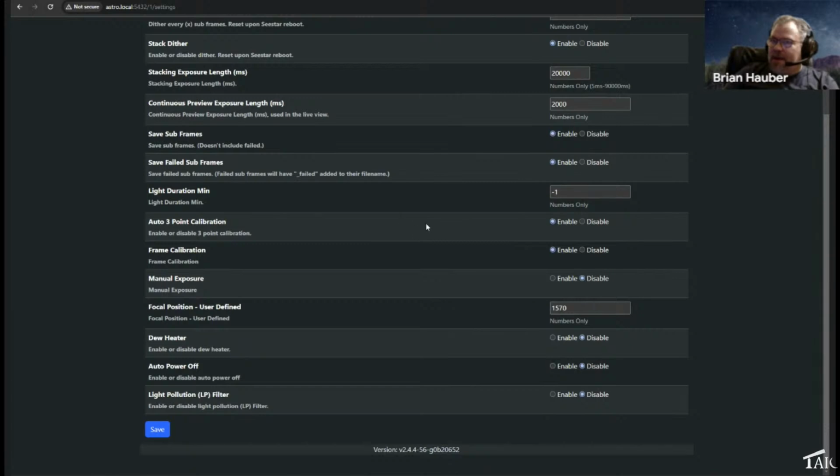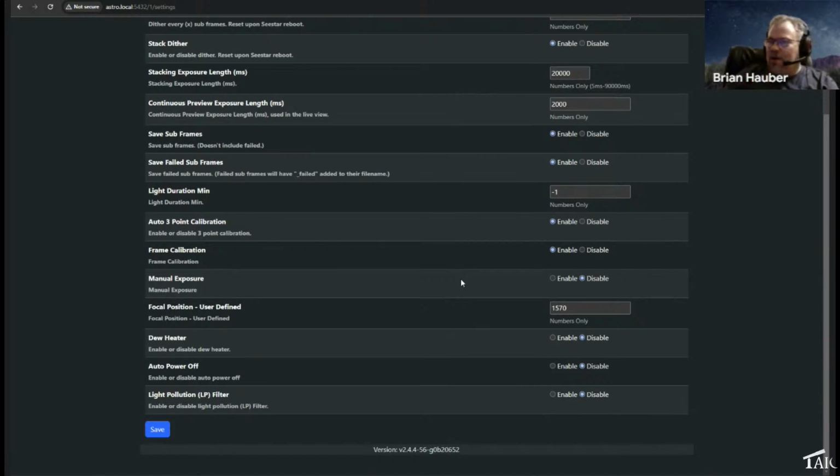Some of these, the auto 3-point calibration, the Seestar refers to that as a horizontal calibration, and they use that in the alt azimuth mode. Frame calibration, that's your darks, and then manual exposure.